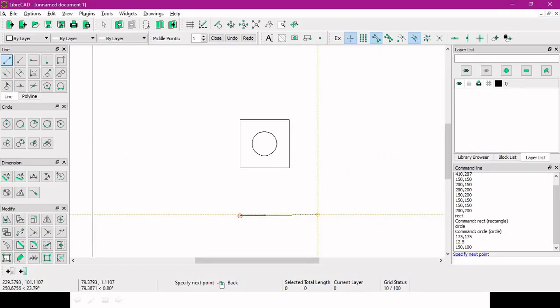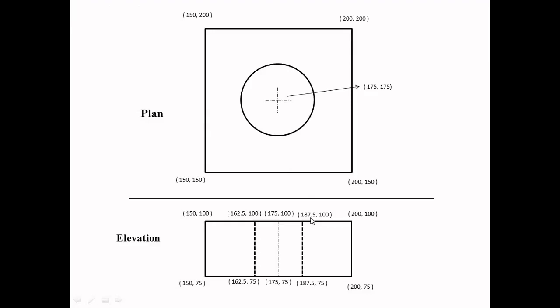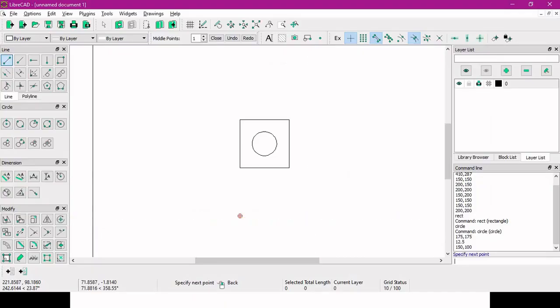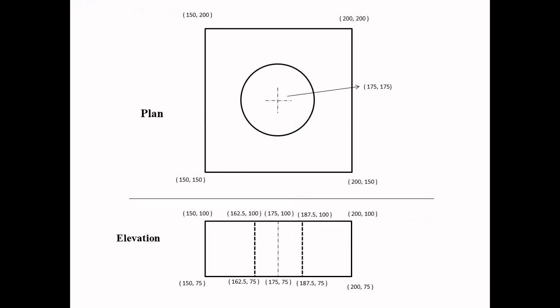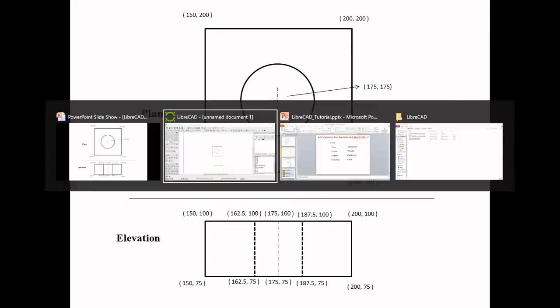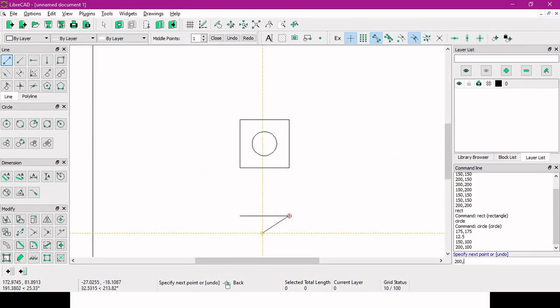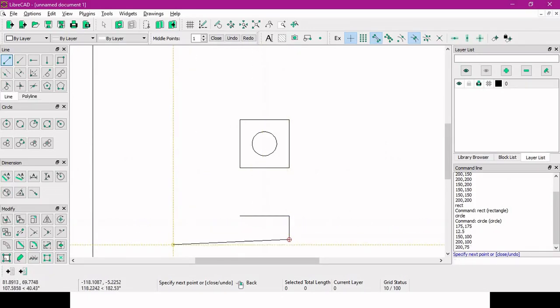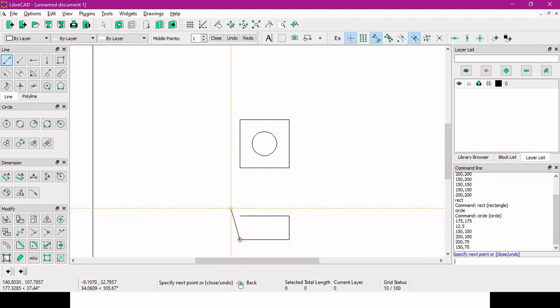Here we can see it seems to be quite distant. That's okay. The next point we can put 200 by 100. The next point is 200 by 75. The fourth one is 150 by 75. And the original point is 150 by 100.